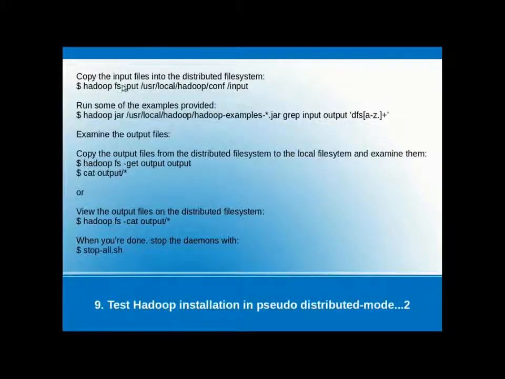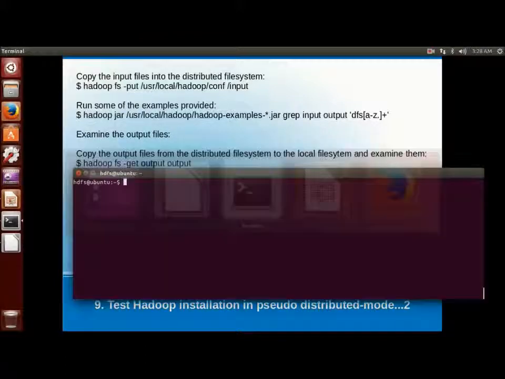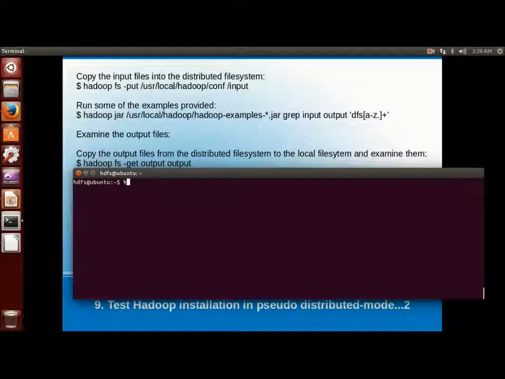Now let's test and work with HDFS in pseudo distributed mode. Just like earlier, we copy the conf files to an input directory. Earlier we copied those conf files to the local file system, but this time they go under HDFS.